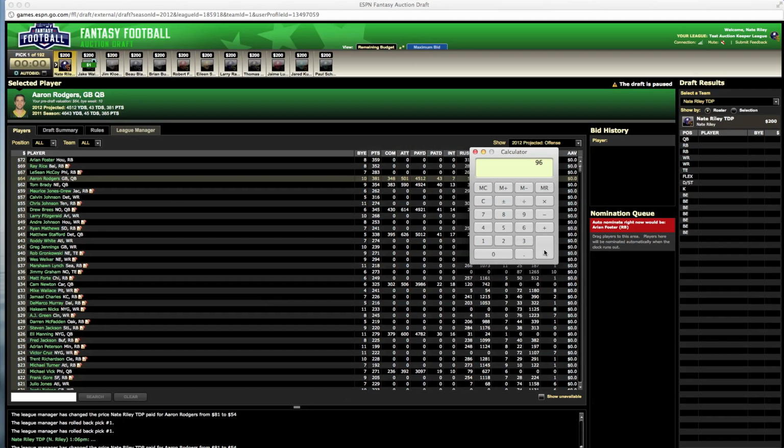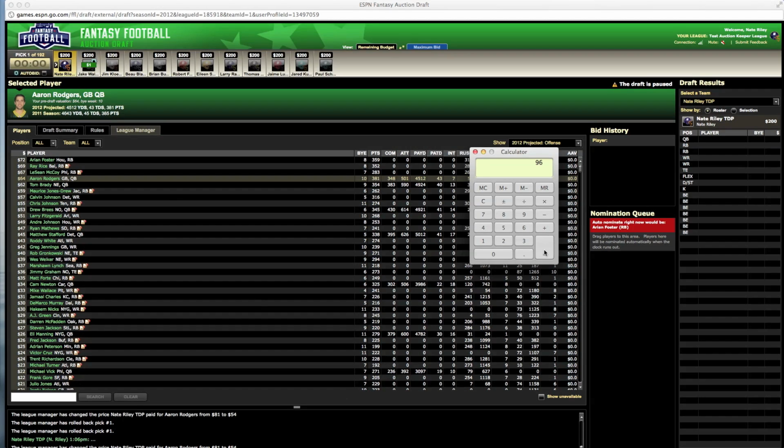That means the draft time is going to far exceed 3 hours, potentially go into 4 hours, and that's not something that anybody wants. However, if we decide keepers before the draft, that's obviously going to shorten the length of the draft and we won't have to worry about it. It also shortens the draft by removing the need to pause and back up the draft for every keeper player, so we're saving even more time. You'll know every player's value and how much it will cost you to keep each player before the draft, so it allows you to make better decisions, and again, you won't have to make these decisions on the fly during the draft.